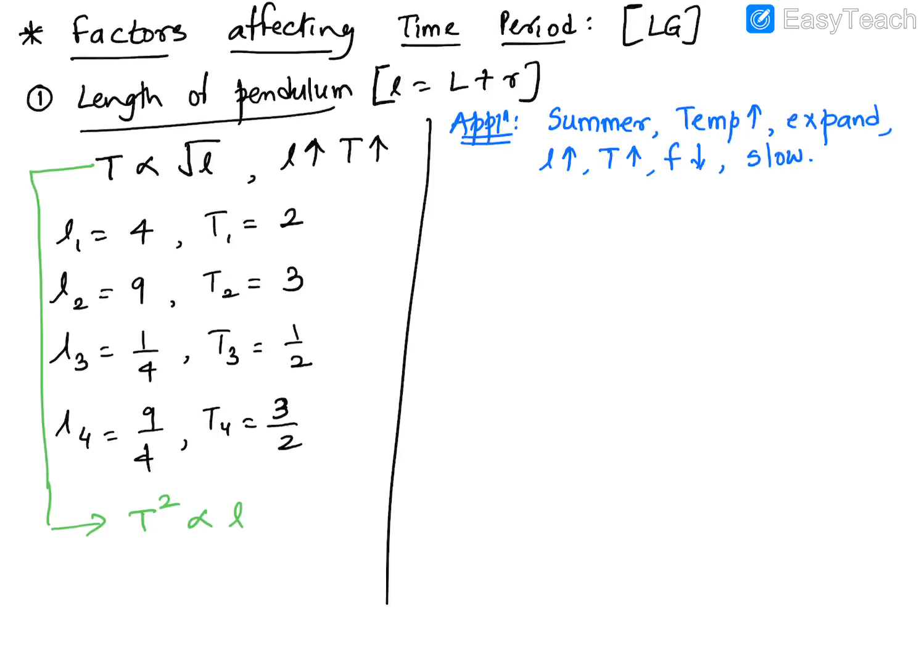I might have spoken a little fast, but you can pause it. Again, think about what I've written. You'll get the answer. Okay. So an easier way to remember: S is for summer and S is for slow. So in the summer season, what will happen? The time period of a pendulum will increase. So the pendulum is going to go slower.